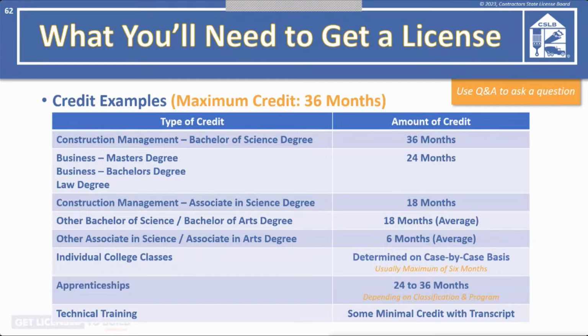I have 2 Bachelor of Arts degrees. Could I get credit for both degrees? As we stated previously, we will take the highest one, but they will only take one. They don't stack educational, so you can include both of them. They're going to look for the one that gives you the highest amount and accept that one.